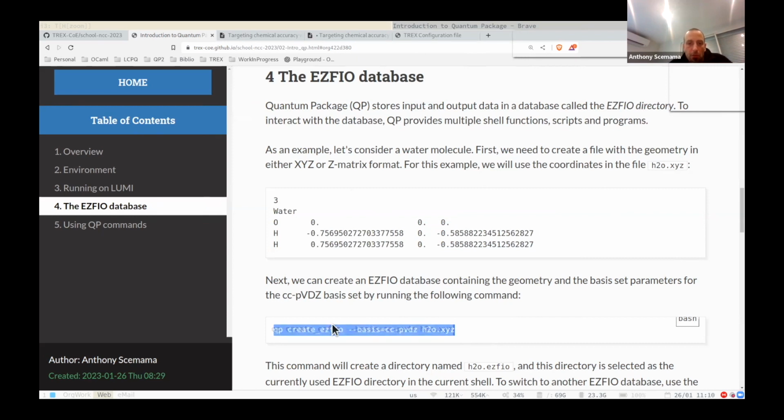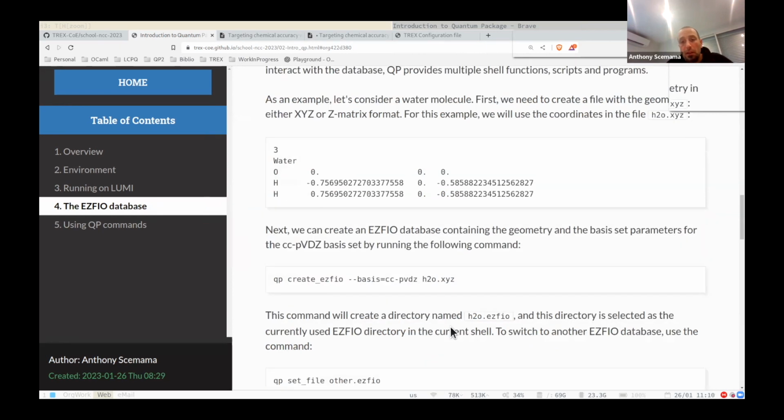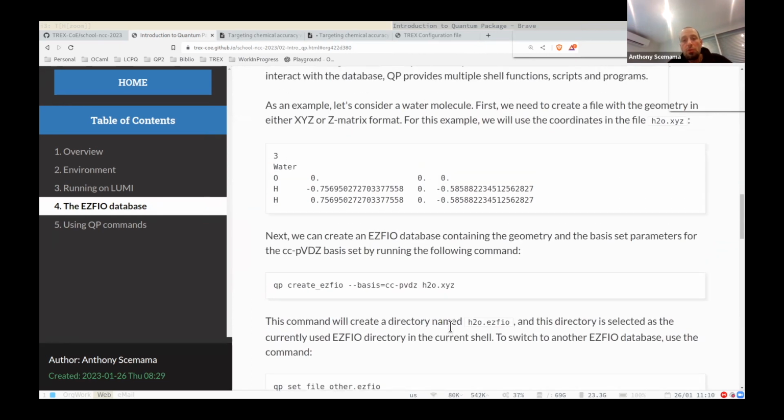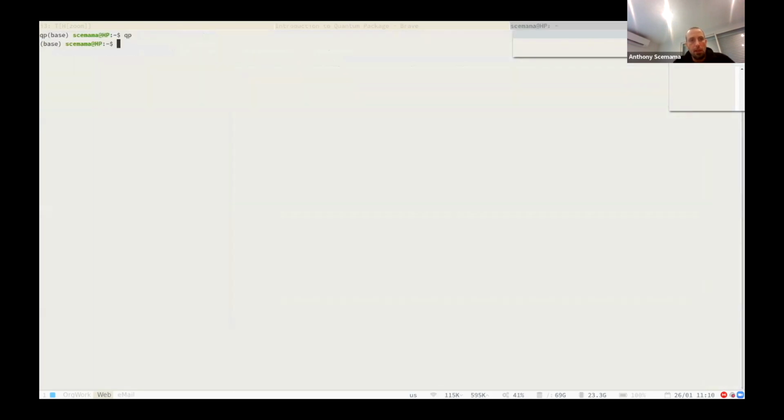this command, and you choose what basis set you want and what XYZ file you want to use, and this will create the directory h2o.ezfio on the machine. You have different options also in qp create ezfio if you want to change the multiplicity, the charge, or if you have coordinates in atomic units, etc. I can probably show you.